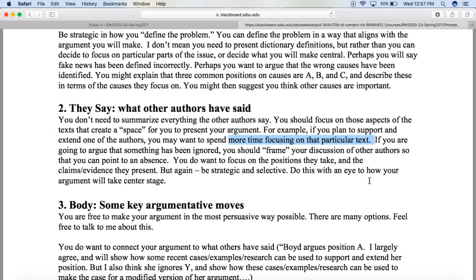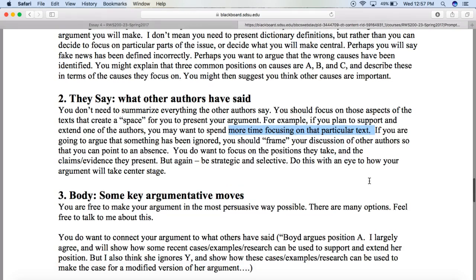This simply means that maybe one of the sources from in class will provide you with the most evidence, so you would use that source the most, but you still also need to have 3 additional sources, either from in class or on the SDSU library website. So even if you focus most of your attention on one of the sources, you still need to have 4 total sources. Hopefully that makes some sense.